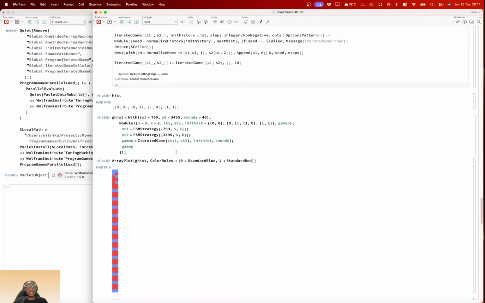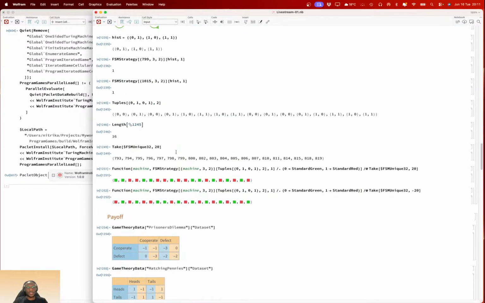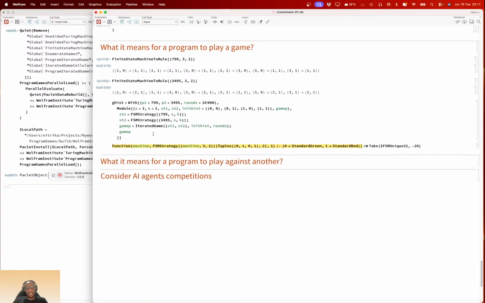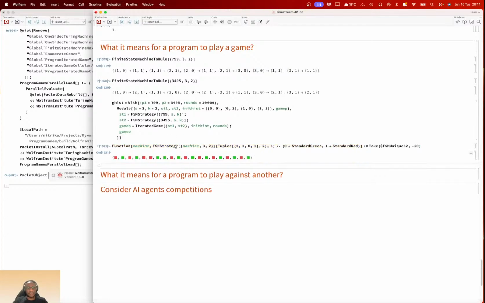And then once you get the results, for example, let me take this example here. So this is just playing, there's different programs playing given the same history, right?